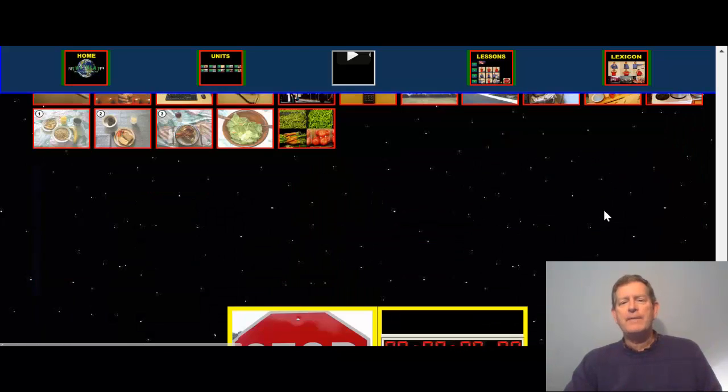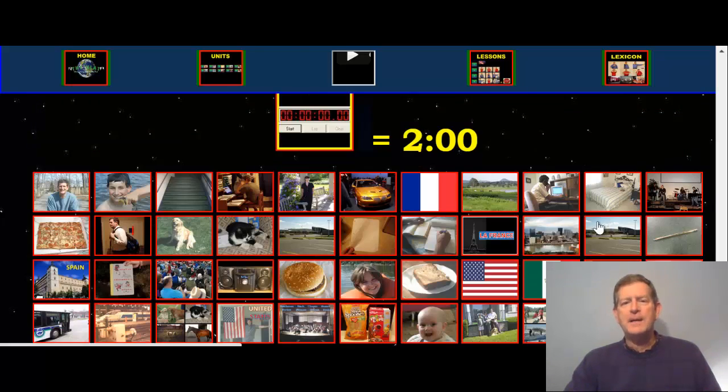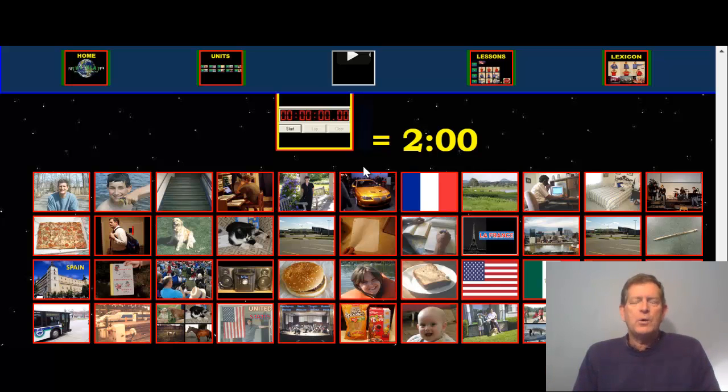And then last of all, after the stop sign, there is a third timed activity, which is very similar. Here you have a 2-minute time period in which to say all of these vocabulary words. So you'll start the stopwatch, you'll click and you have 2 minutes and you'll say l'homme, le garçon, l'escalier or les escaliers, l'élève, la femme, la voiture, etc., etc., etc. If you can't finish within 2 minutes, go back and maybe you want to do the previous exercise, that 7-minute timed activity again, or maybe you simply want to go to the lexicon, but you need to review vocabulary better.